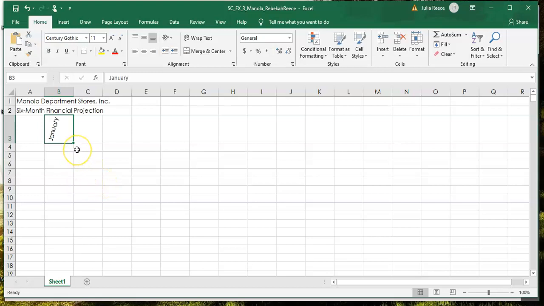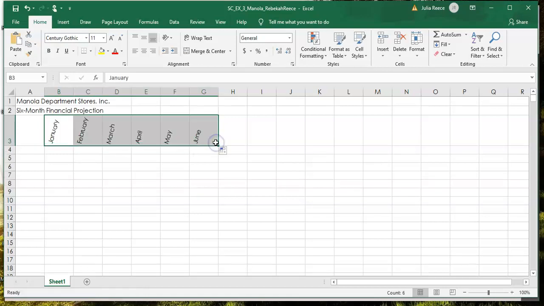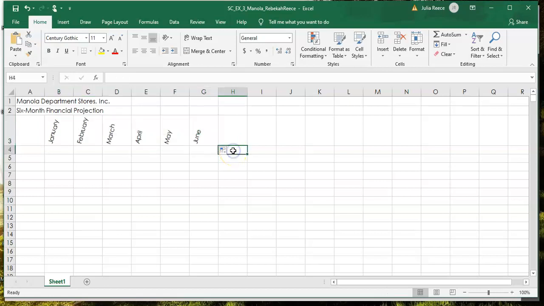So we're going to go to cell B3, put your white plus sign on that green square, change it to the black plus sign, and then we're going to drag over until we get to G3, which should have the month of June showing. And so then you can release your mouse, and you will see that it fills that in with the months of the year. You will also see that the AutoFill Options button shows up, and